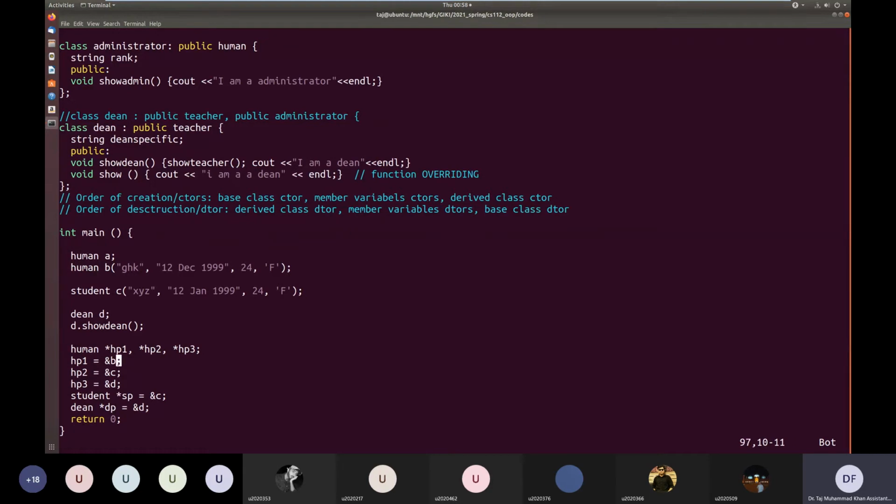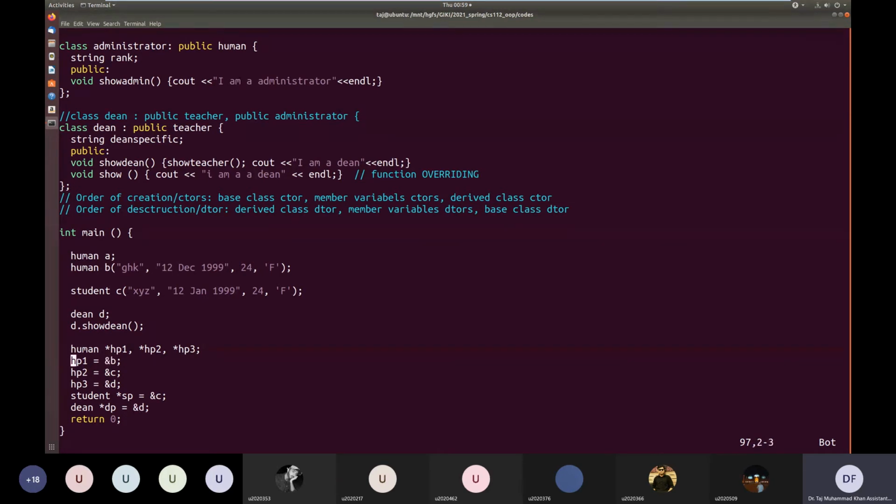So we have an object of class human called B, an object of class student called C, and an object of class Dean called D. And here we have declared three pointers of type human, and we have assigned them addresses of these objects.